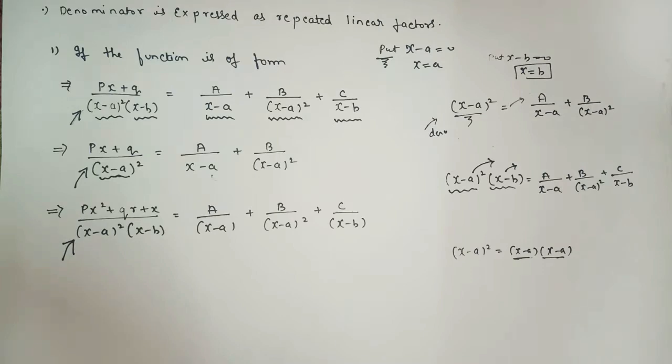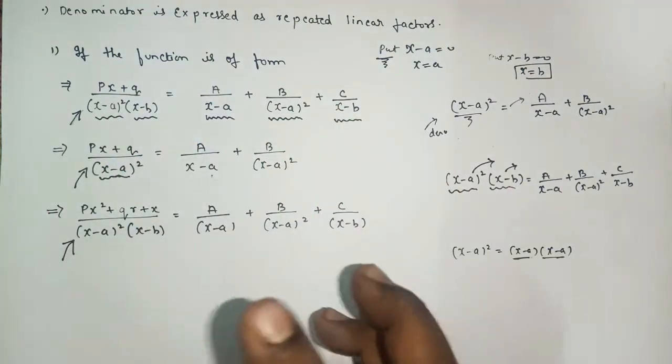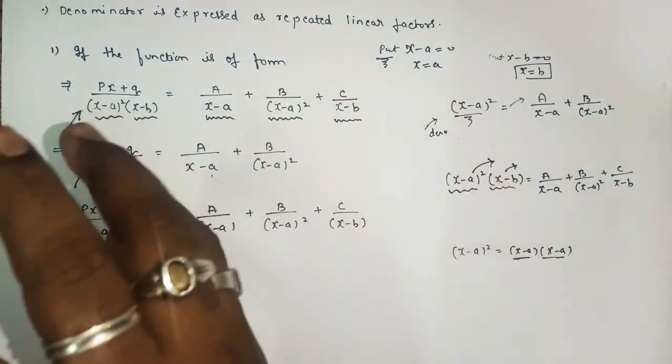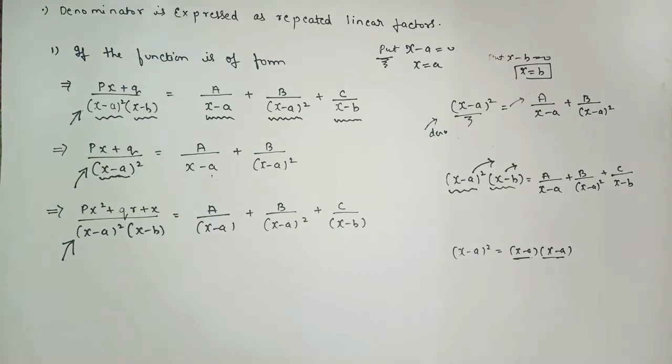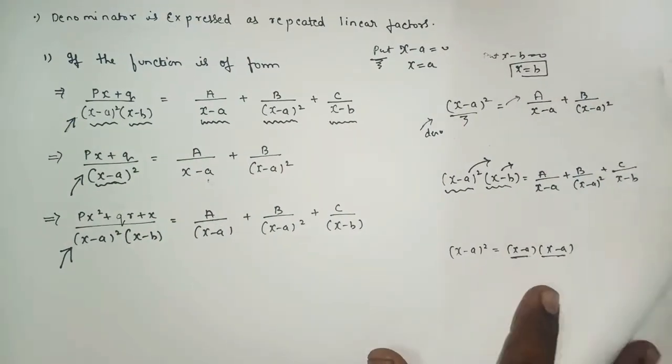Okay, so there are 3 or 4 different methods, different ways, different approaches from where you can find the answer of a, b, c. So I will explain in the simplest language by using basic algebra. Just by comparing you can find your a, b and c. So let's take one example.